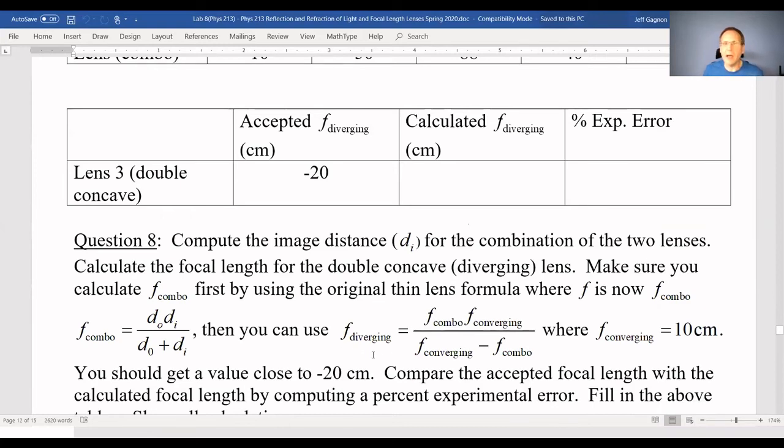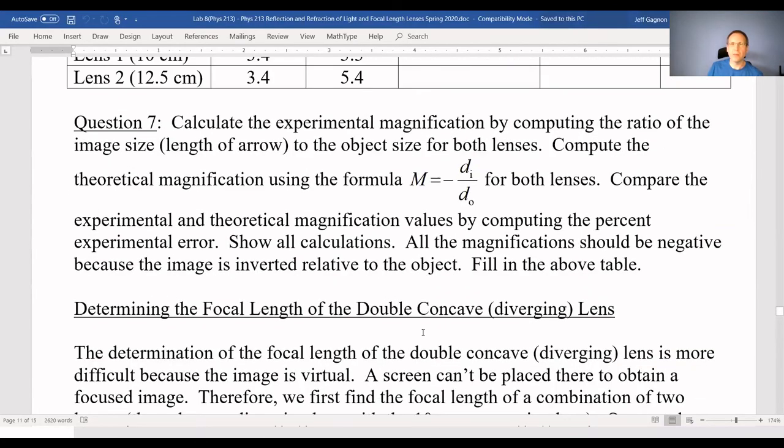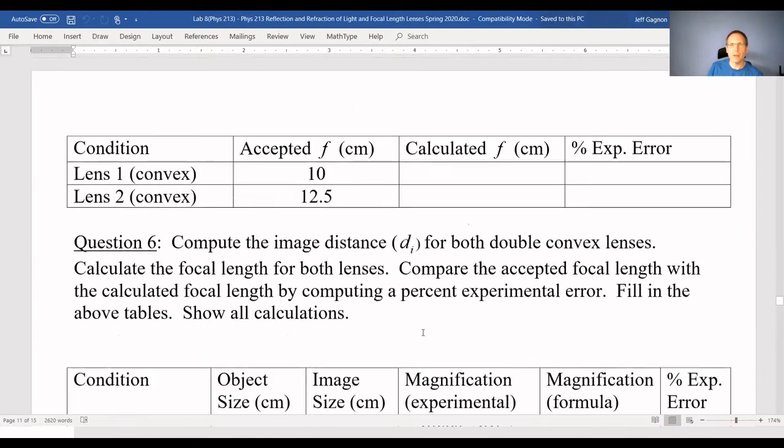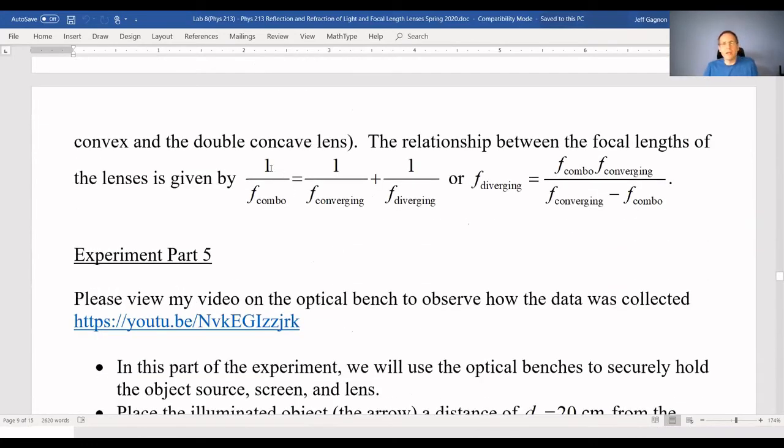Then we have to use that other formula that involves the focal length if you have a combination of two lenses together. So that came from, let me go back to that for a second. I think I have it up here. Yeah. So it turns out that 1 over the focal length of the combination of the two lenses is simply